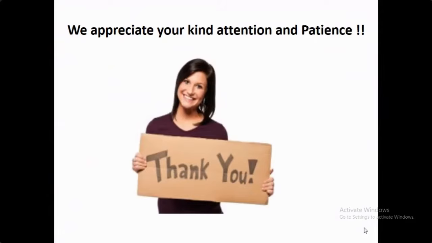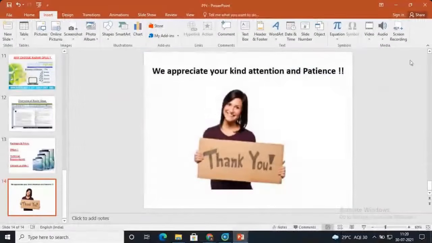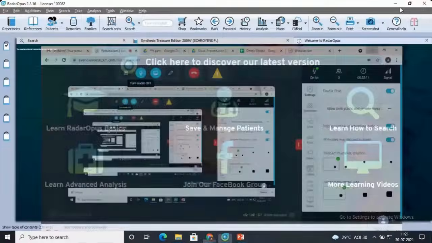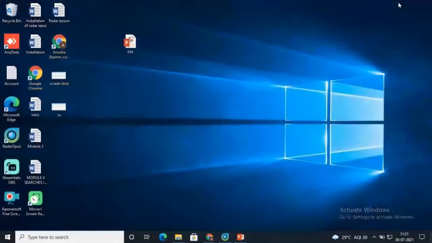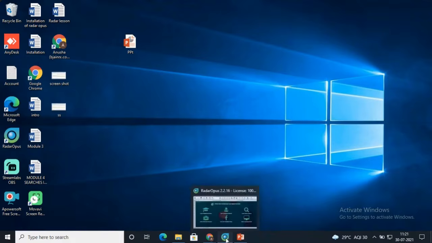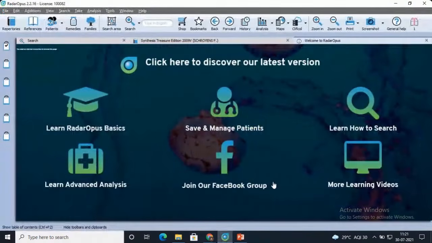Now we'll be going through the demo and how you can use Radar Opus at your clinic. I'm just starting my Radar Opus software. As soon as you install the software, this icon will come in front of you on your desktop. All you have to do is just click twice on the software and it will launch itself in front of you. Something like this will pop up in front of you, and this page is known as